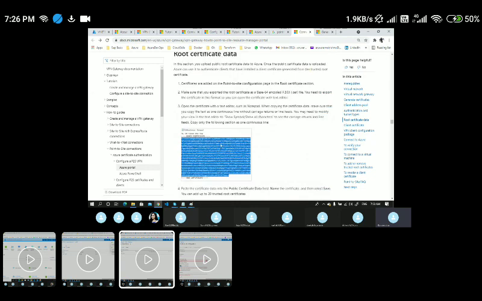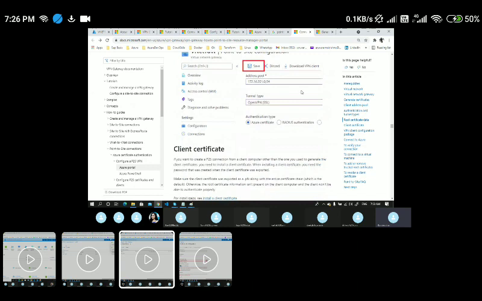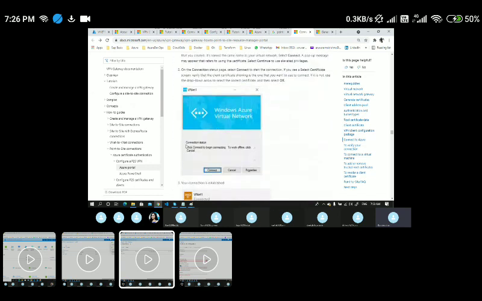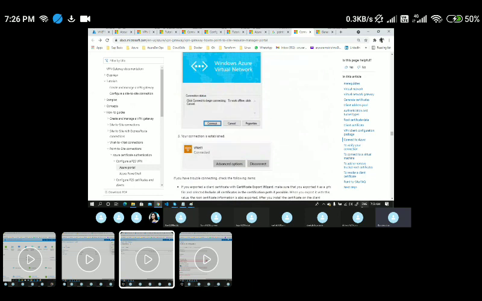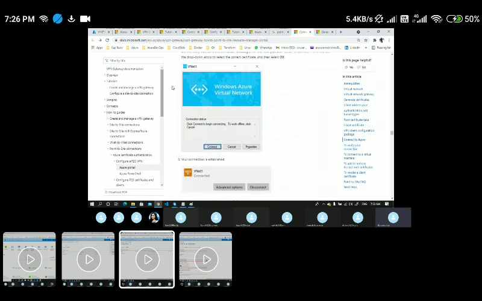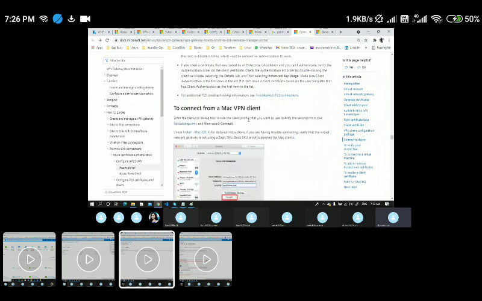You pass the root certificate information and save it. After saving, you have to download this VPN. Once you download this VPN, you will connect to it, and it will be shown under your networking tab, like how you connect to your office VPNs. In the same way, you will be creating this VPN.